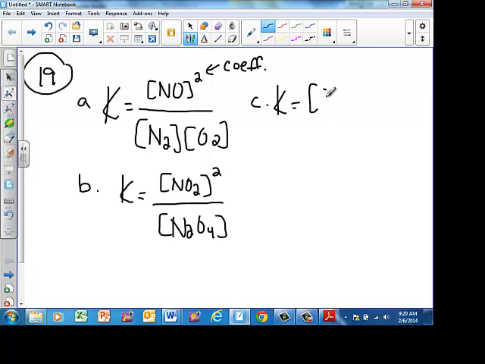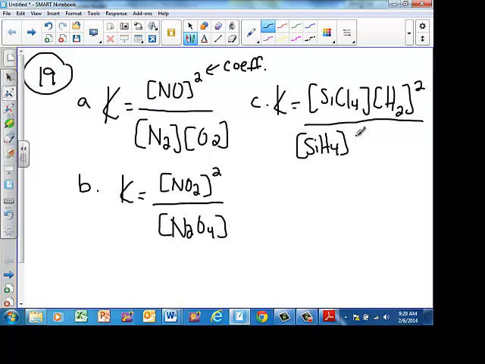So for letter C, capital K, and even though there's more reactants and more products, SiCl4, it's only got a 1 next to it. One thing, if you're watching this video, you need to make sure that you write these problems down. When I do together problem videos, that's the expectation, your evidence of watching them is that you have the solutions written down. So if you have not done that, you need to pause this video and get everything jotted down, because I will be looking for it the next class when I check off your homework. SiH4,